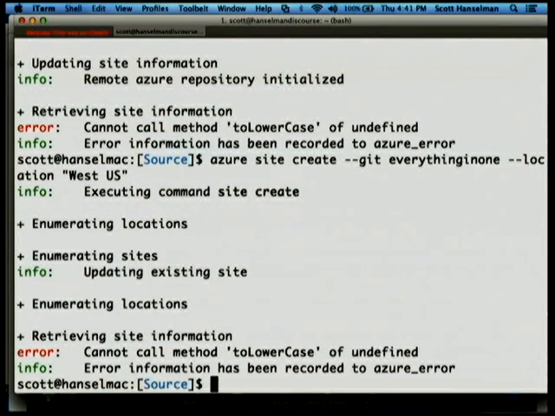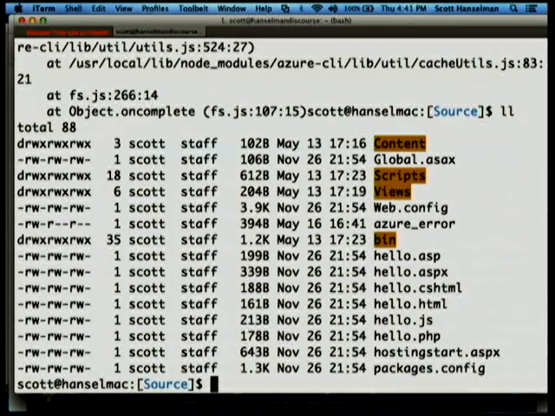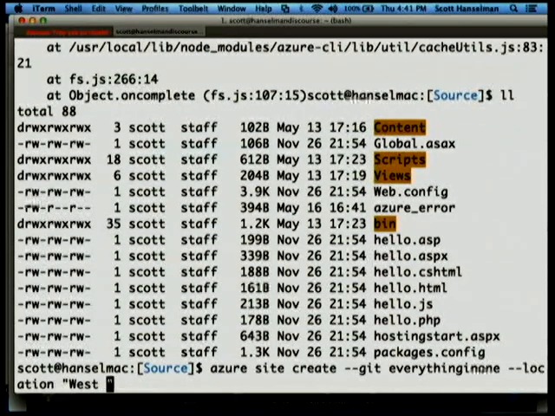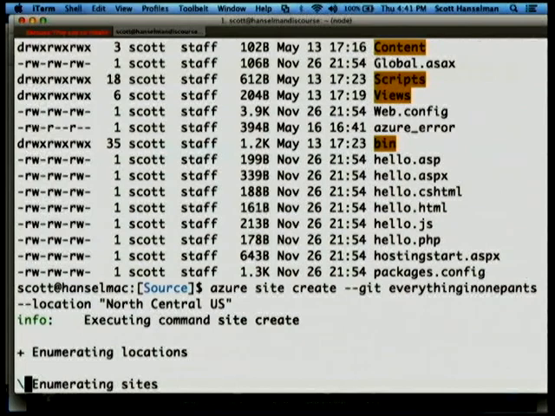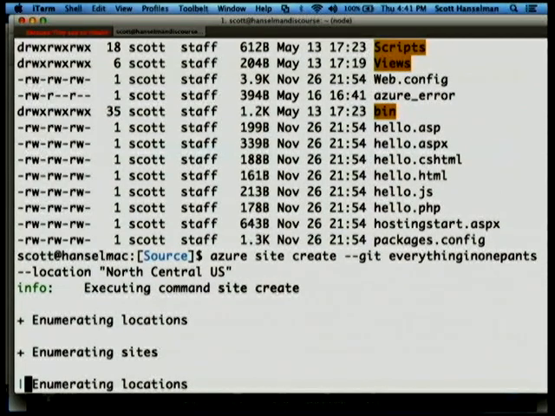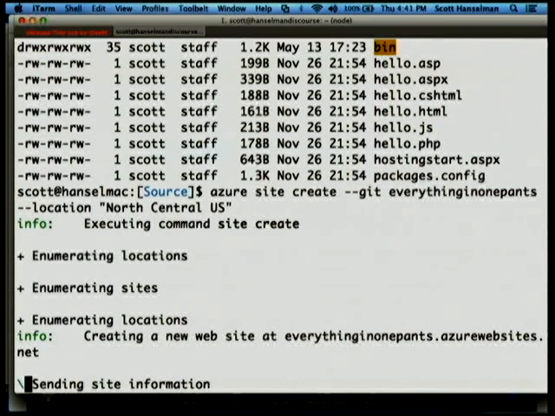Oh, crap. Notice that it's putting errors. Anytime I do something wrong, it'll put the error in a file there, so I can go and figure that out. Let me try a different location here. I may have already done this before. The IIS Node stuff, we've been working with the Node team to make it really, really fast. So it's certainly comparable, and in some ways can do really crazy stuff like calling .NET from Node, which is pretty cool. And we have a lot of fun with it.